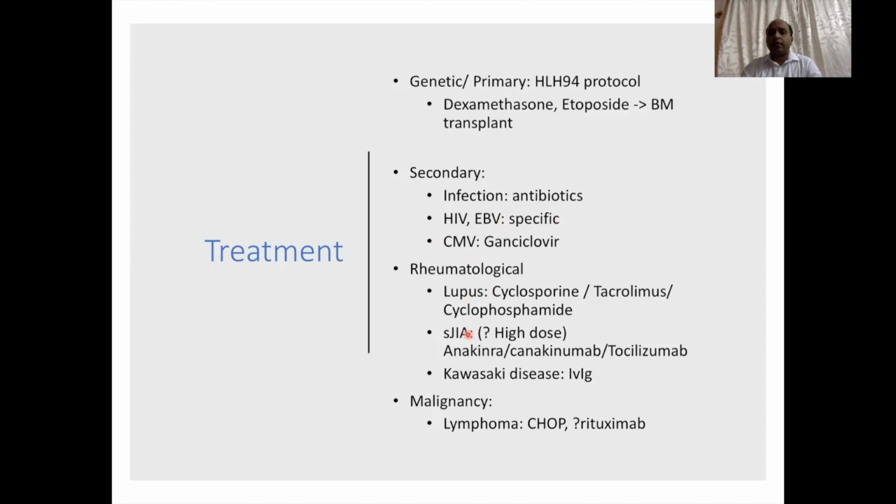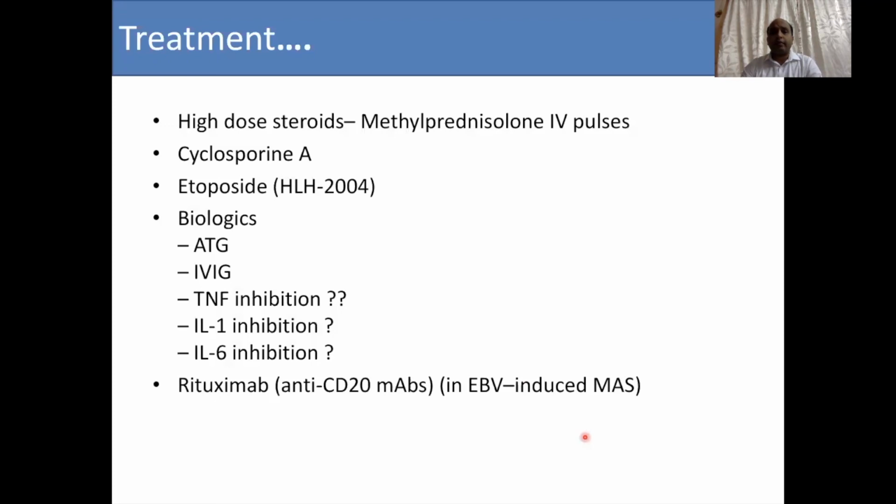Rheumatological underlying conditions, you need to treat aggressively. Kawasaki, IVIG; malignancy like CHOP and rituximab. For these, treatment of the primary underlying disease is much more important. So specifically, for treatment of primary HLH or secondary HLH due to autoimmune conditions, high dose steroid is the